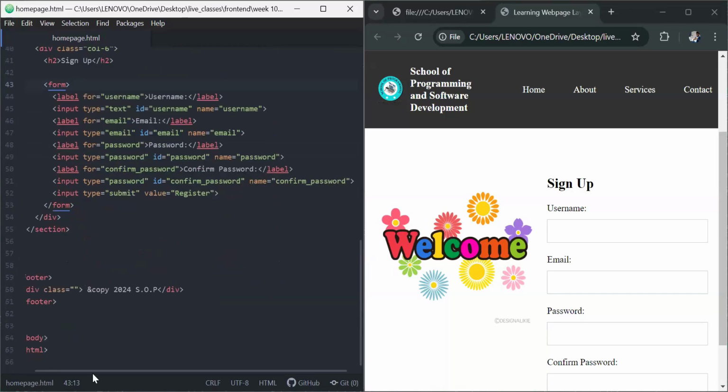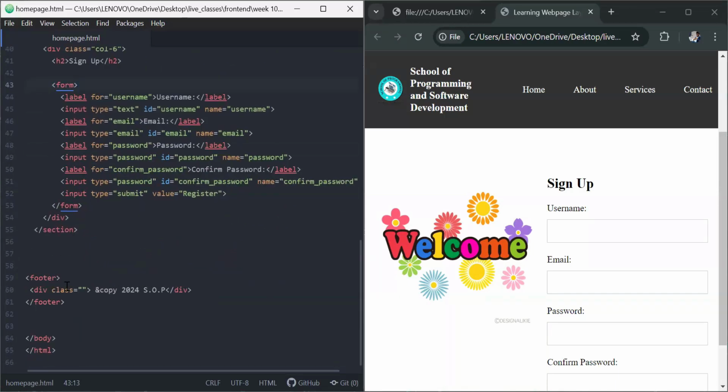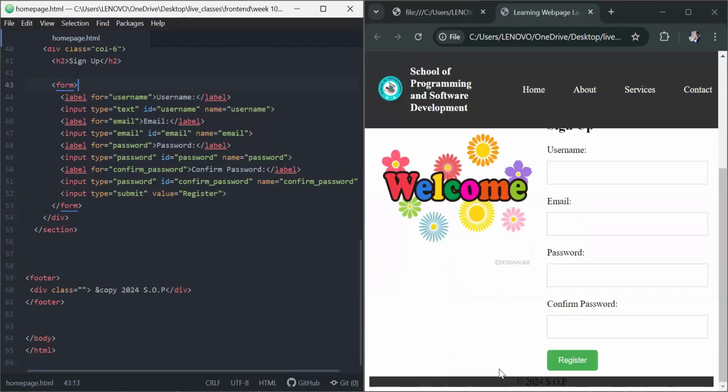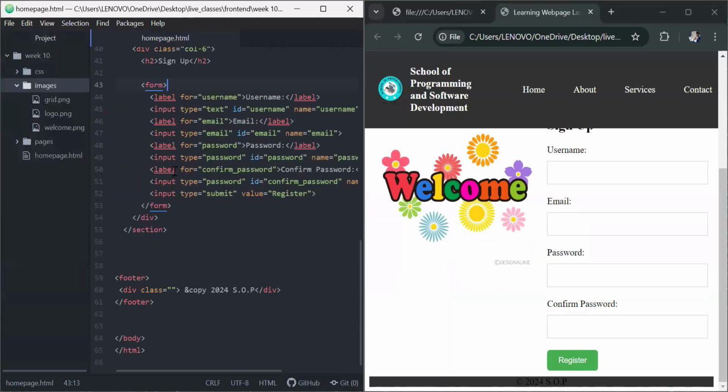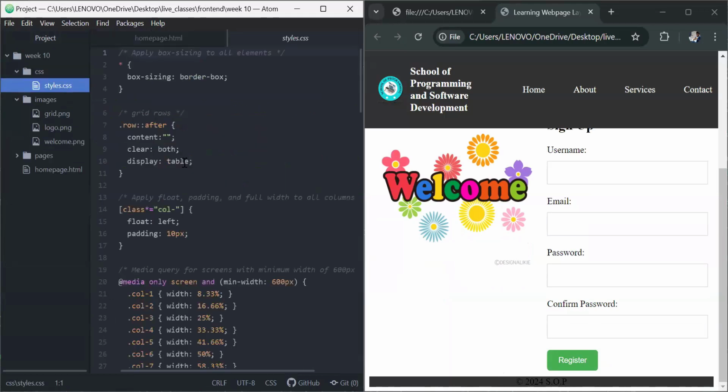And then we have the footer, where we have the footer's content designed. So this is all we have for the HTML. Now for the CSS, where we have styled this page, we have something we call the grid view layout,